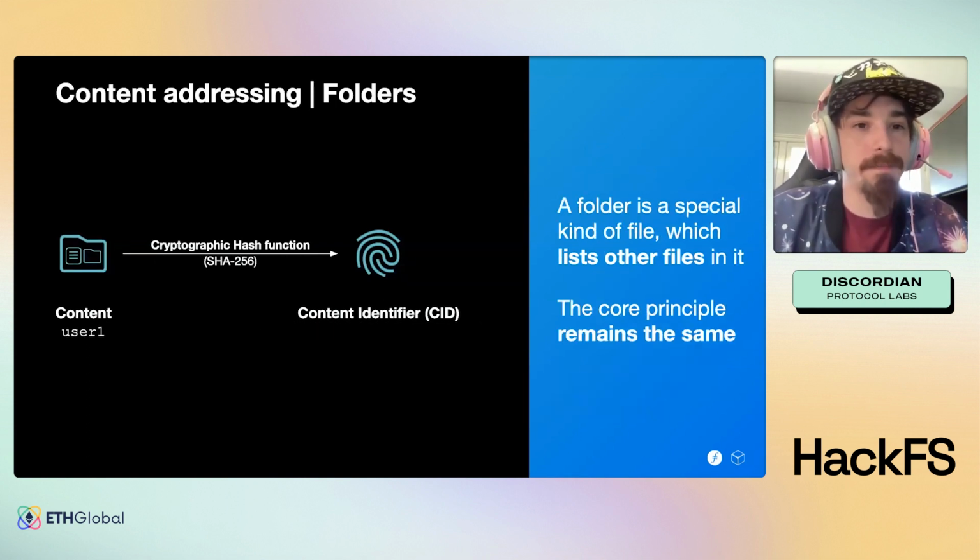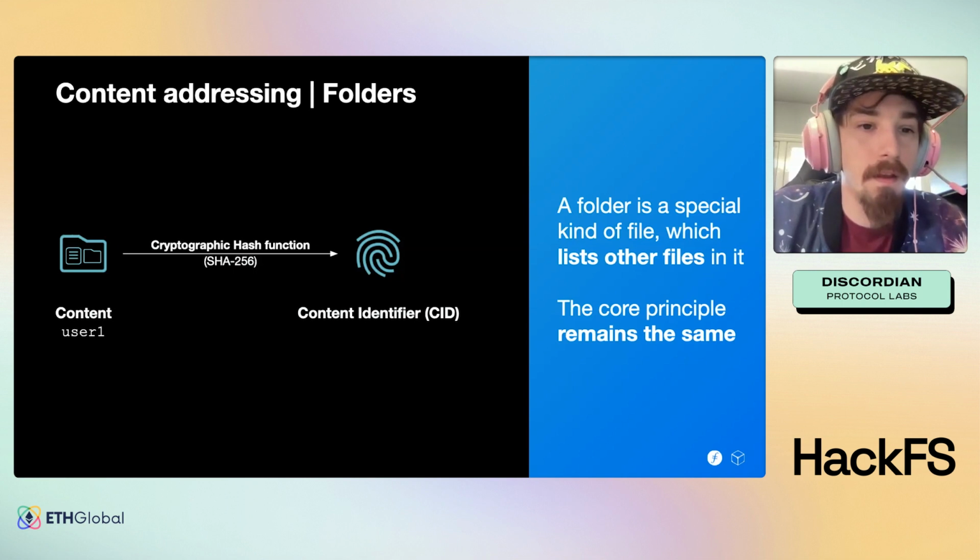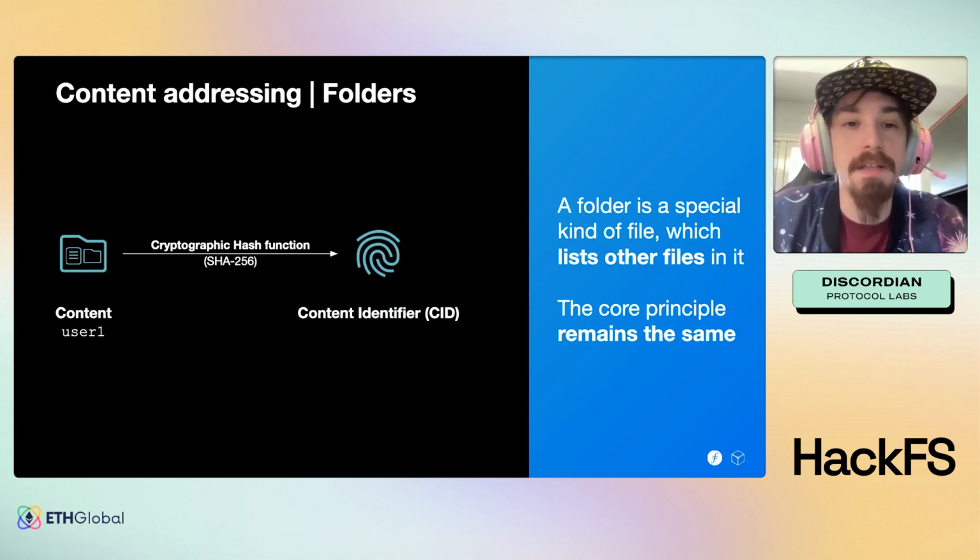But what about folders? Well, folders are really just special types of files, which have a list of files in that folder as its content. That list provides the names of those files and, in the case of IPFS, their CIDs. Since a folder is a type of file, a CID can be obtained in exactly the same way as for any other type of file. This means that we can represent a folder or even a full file system using a content address structure.